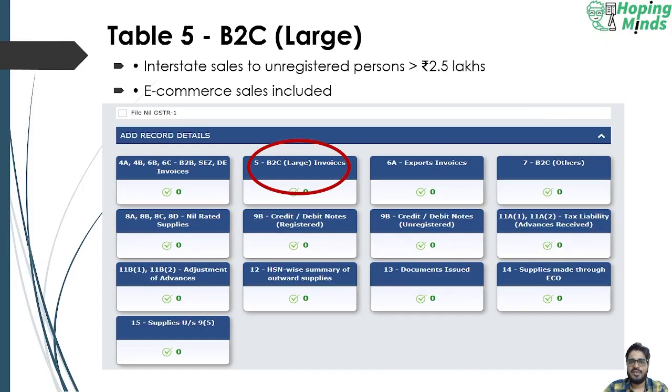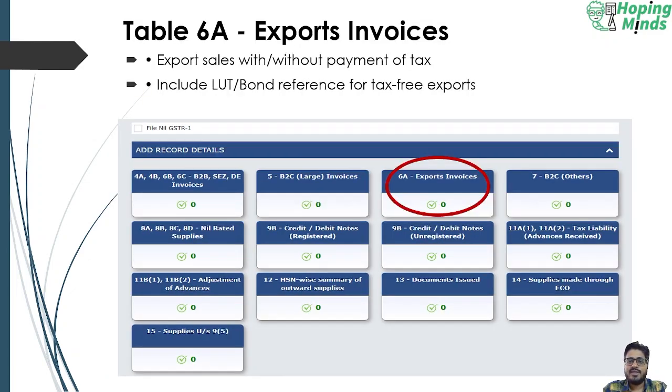Then table 5, this contains B2C large invoices. So all the interstate sales to unregistered persons for value exceeding rupees 2.5 lakhs must be disclosed under this table. Now this value has been revised to 1 lakh rupees. Next is table 6A. Under this table, all the export invoices are required to be disclosed. So the information that is disclosed in table 4 is also required to be disclosed under this table. Apart from the information already disclosed in table 4, some additional information is also required to be disclosed